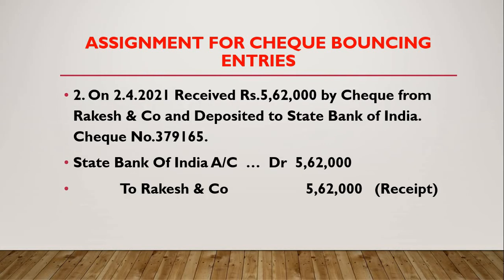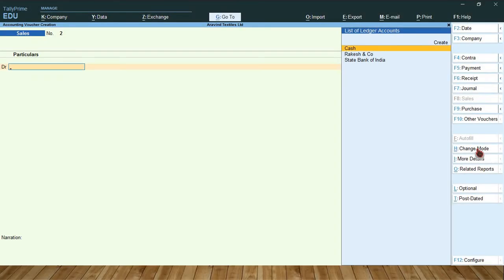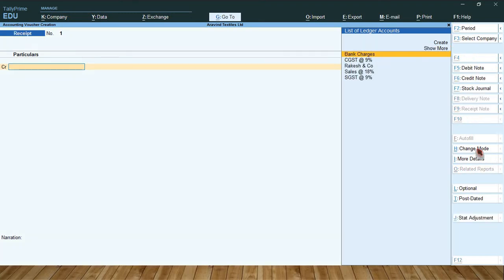So next, on 2nd April 2021, received rupees 5,62,000 by check from Rakesh and Company and deposited to State Bank of India. Receipt voucher: debit to bank, credit to Rakesh and Company. So press F6 for receipt voucher.